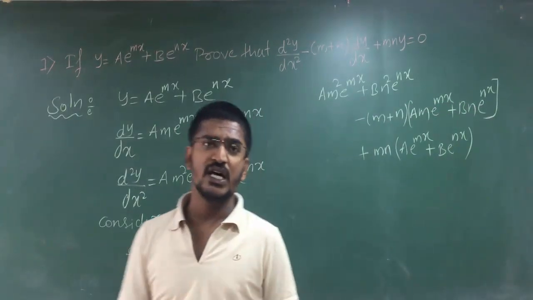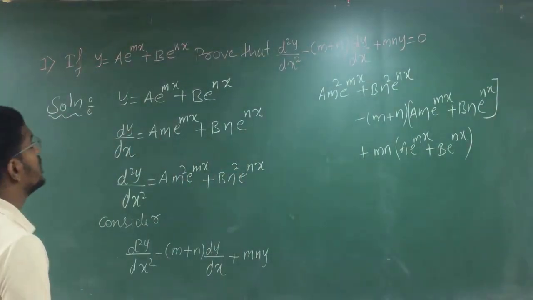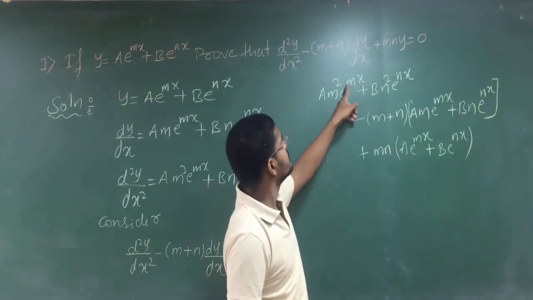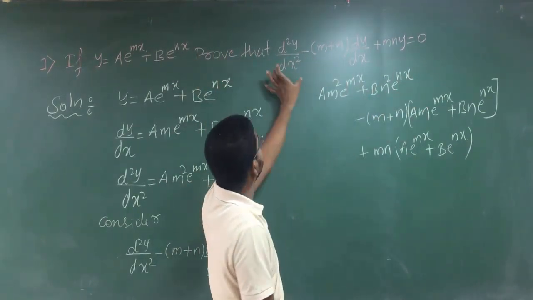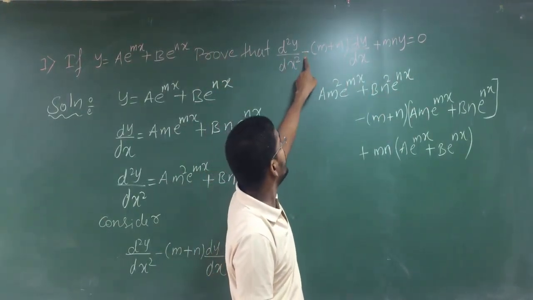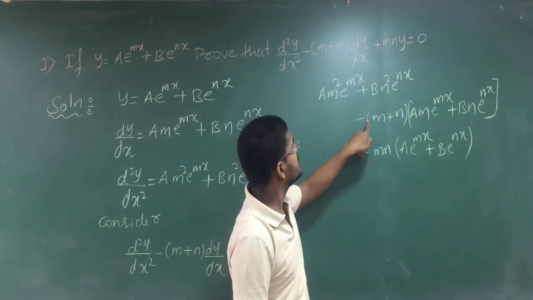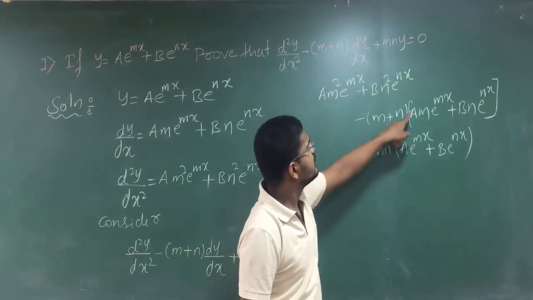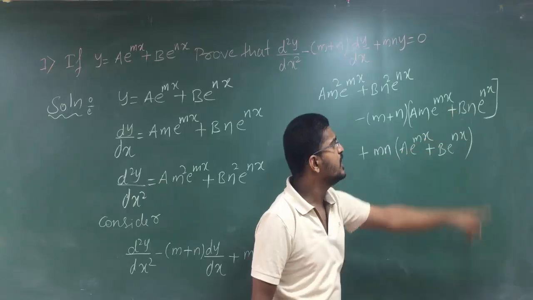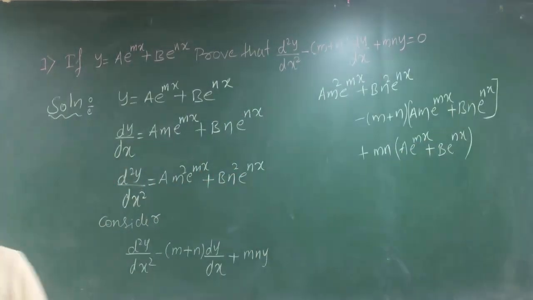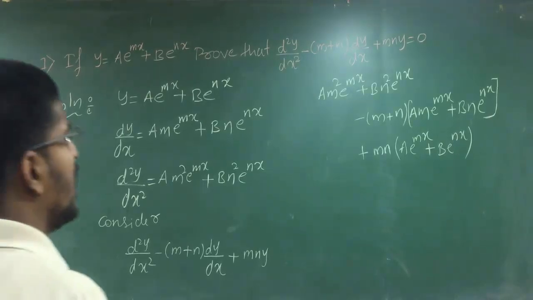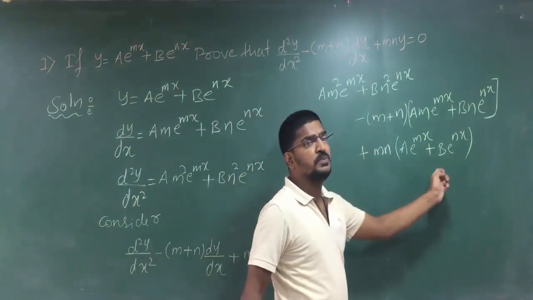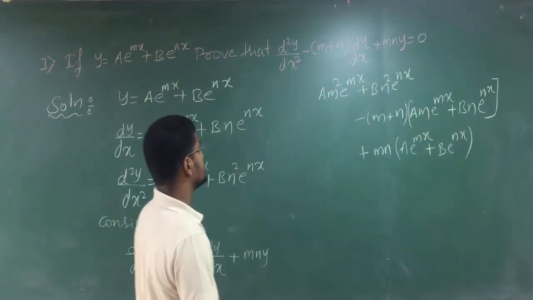So now you have written all the terms, right? a m square e to the power of mx plus b n square e to the power of nx in the place of d square y by dx square, minus the same term, minus m plus n into a m e to the power of mx plus b n e to the power of nx. Next plus mn into a e to the power of mx plus b e to the power of nx. So now